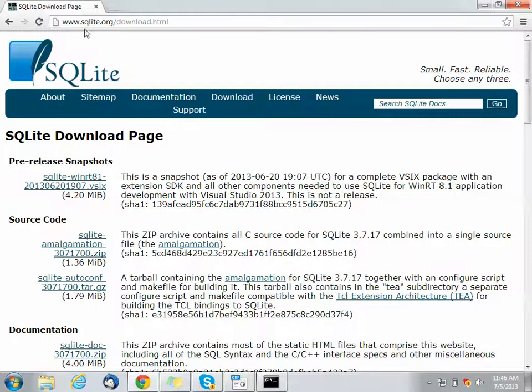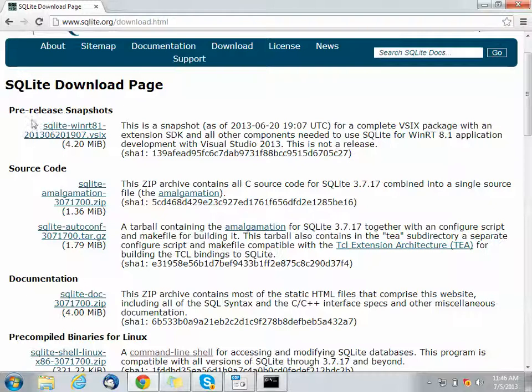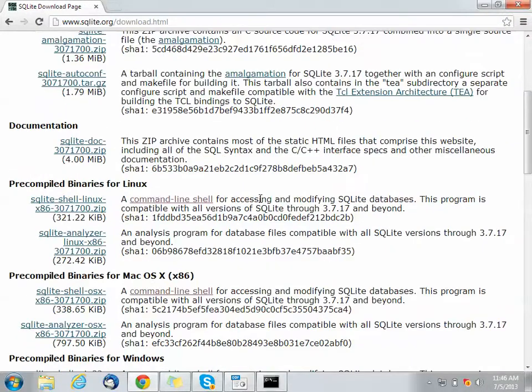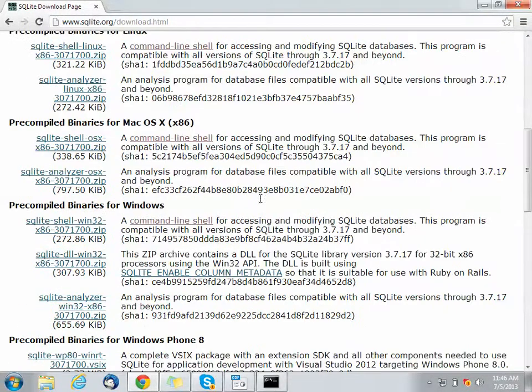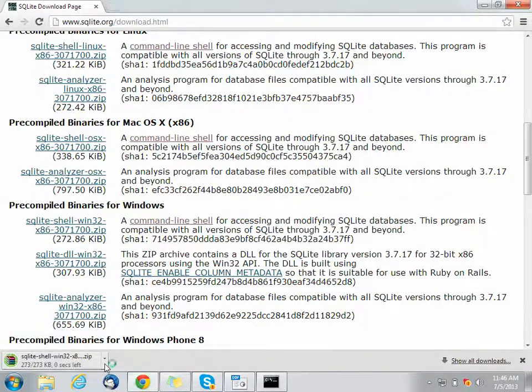For Windows, we go to SQLite and in the download, we have for every platform we have got these related files. For Windows, we need to download this shell zip file.